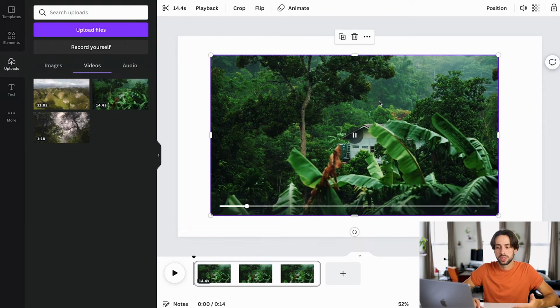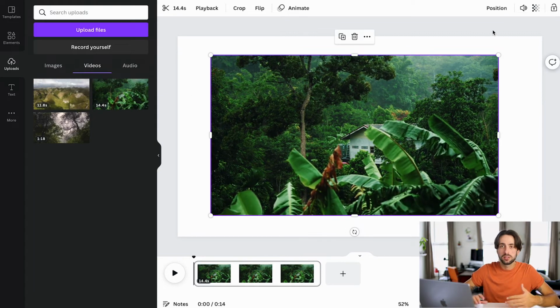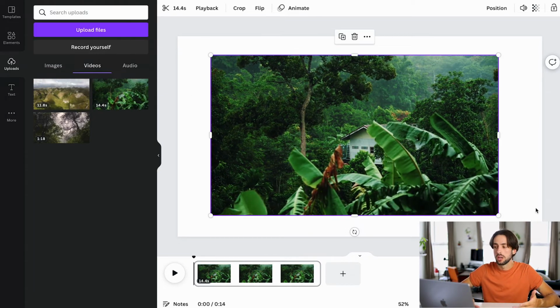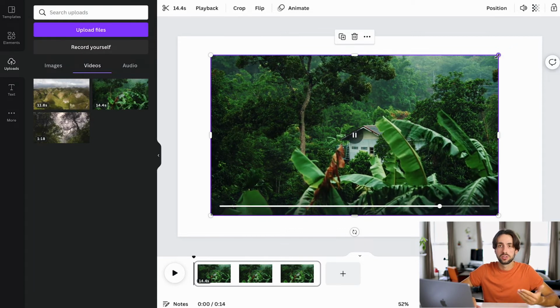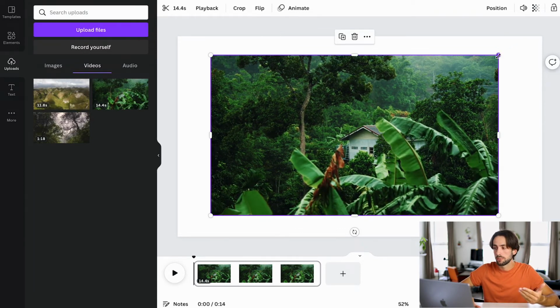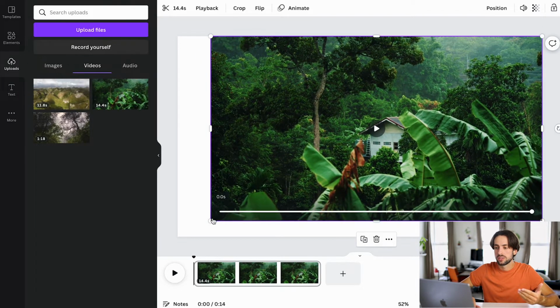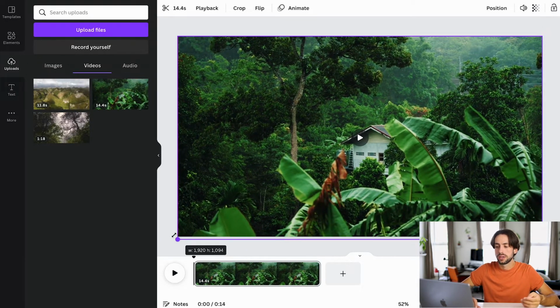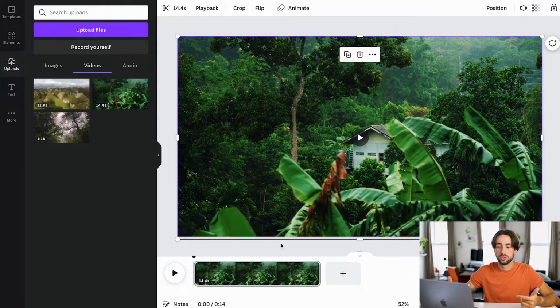However, it is not filling up the entire screen. This white box or rectangle is the entire video area, which you are going to want to make sure that your clip encompasses all of. So you just grab these corners and you drag and pull so that it fits the entire area. If you have anything that goes over, that will not be shown on your final product.